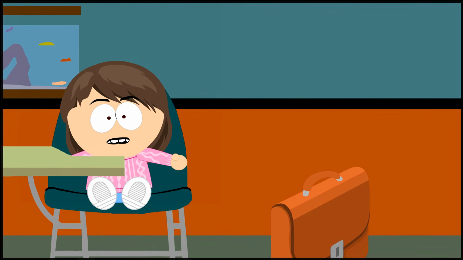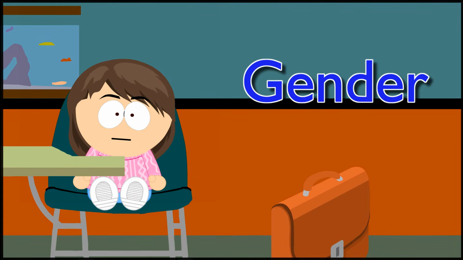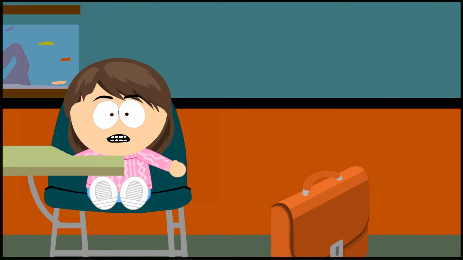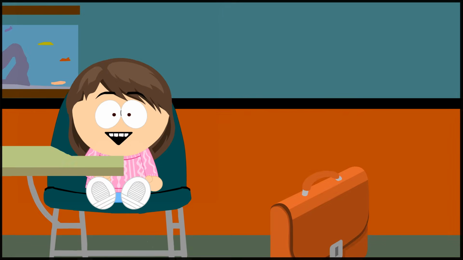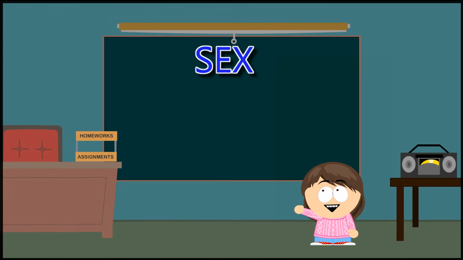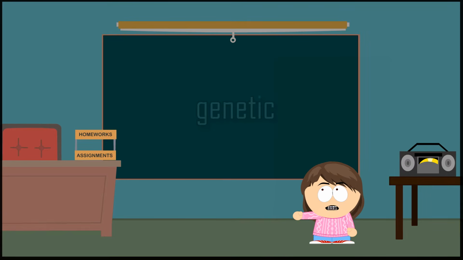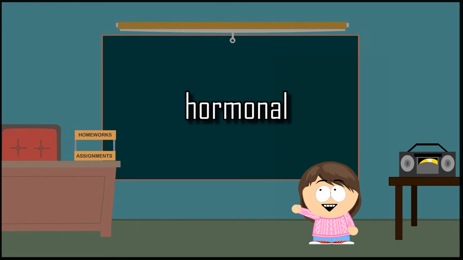For a very long time, the term gender has been used interchangeably with the term sex. But sex and gender refer to two distinct concepts. Sex is a biological classification that divides a species into two categories based on physiological, genetic, and hormonal characteristics, male